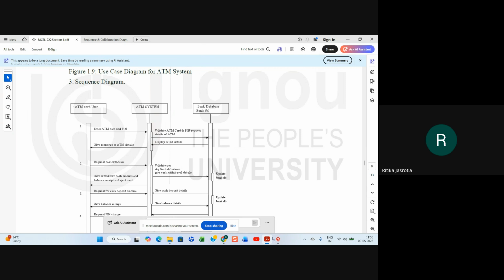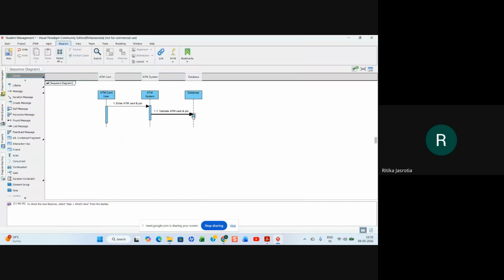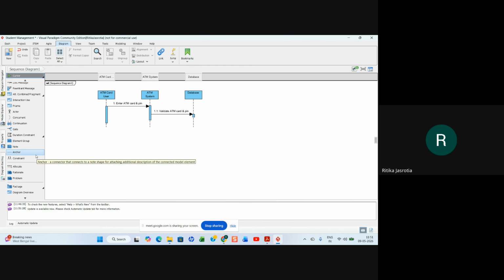And then ATM details are passed back. So if you have to give a return message, in this there is no such thing as a return message.